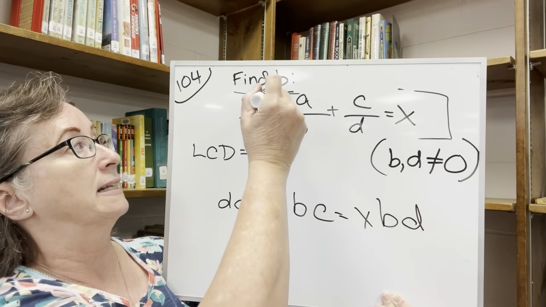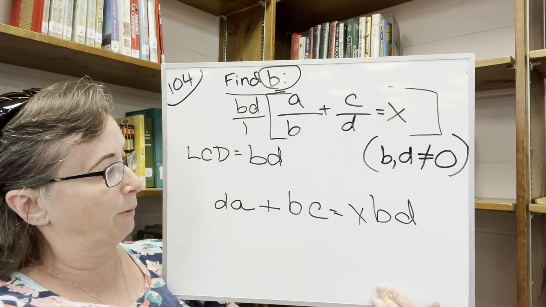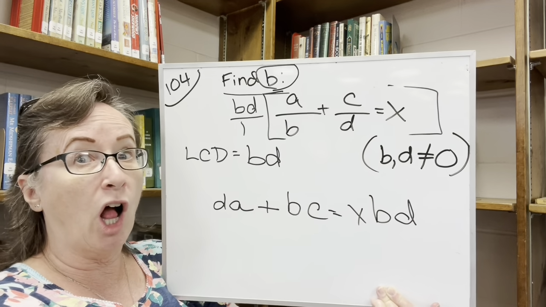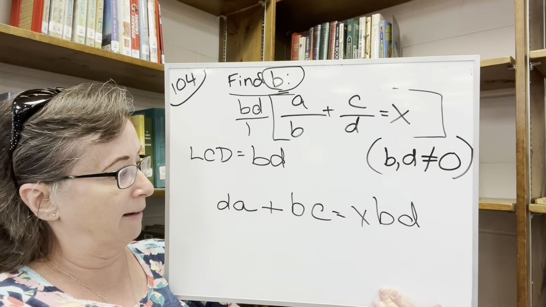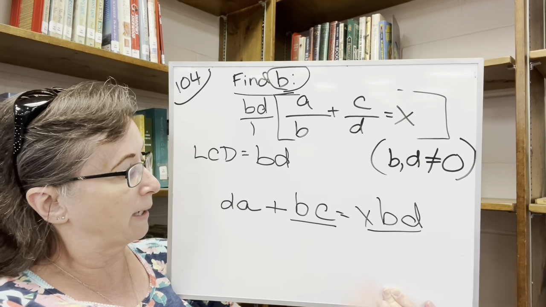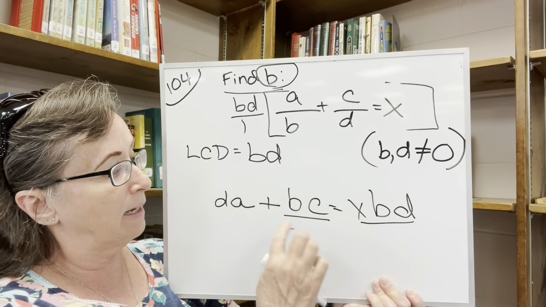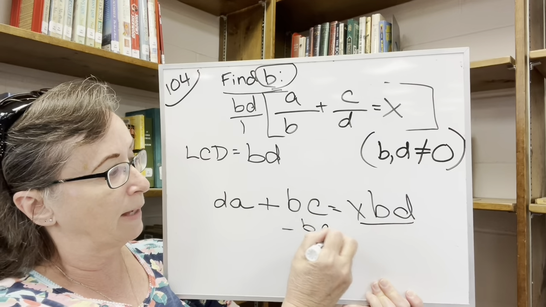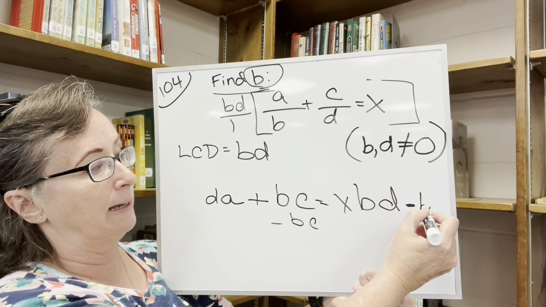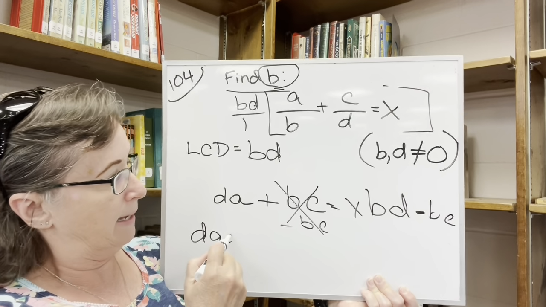So now we look and say, okay, we're talking about b. That's the one we want to solve for. So our method is to put all b's on one side. This term has a b and this term has a b. So we're going to leave this on one side. We're going to get both of these on the other side. So we're going to subtract bc, and over here, we're going to subtract bc. This goes away. So we end up with DA equals